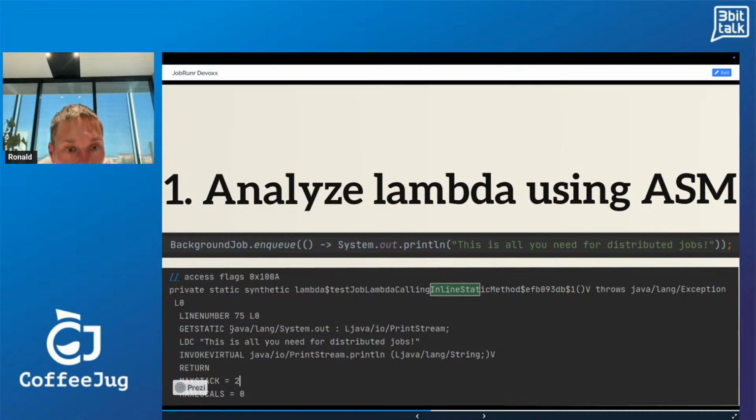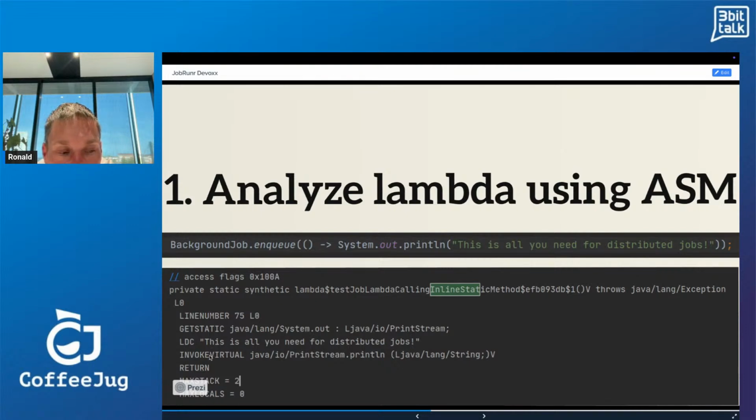And here, what we do is we get from the System class the out property, which is in this case a PrintStream. And this PrintStream is then put on the stack. The next thing is, we have this string here. This is also put on the stack.